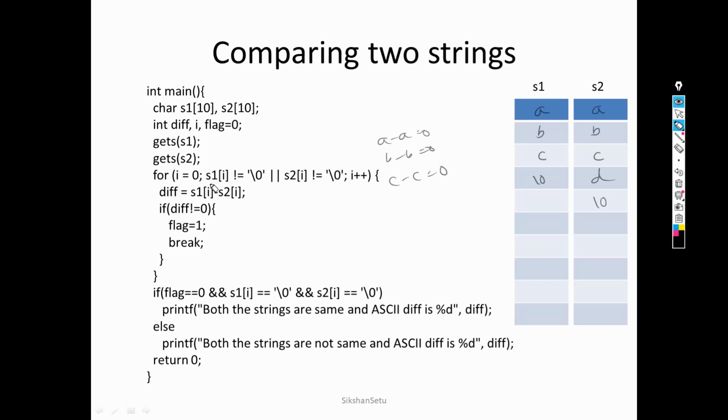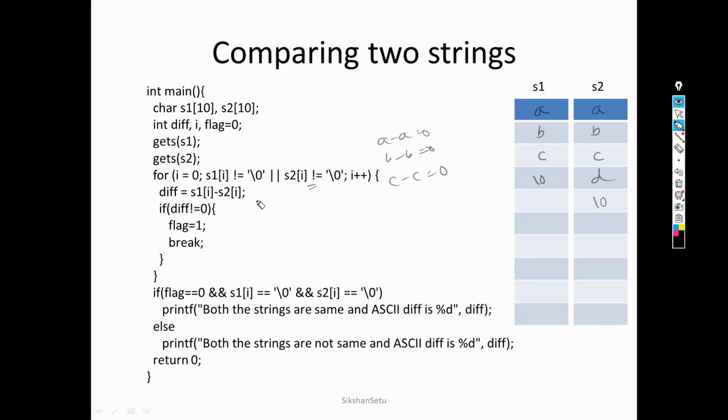So S1 of I is null. Null is not equal to null, condition false. And S2 of I is not equal to null, this is D. D is not equal to null, so this condition is true. So the whole condition is true.